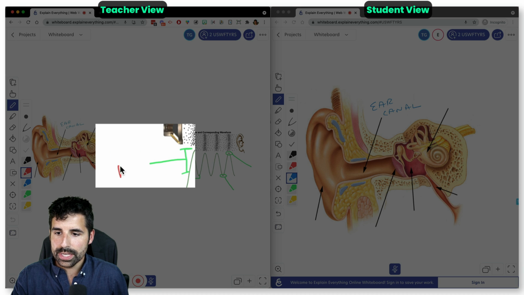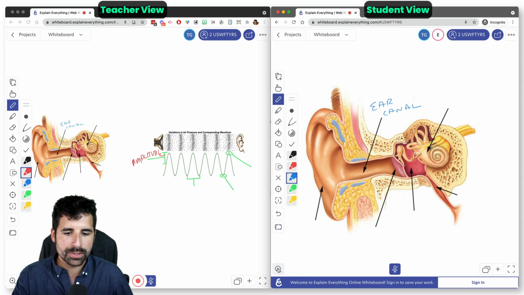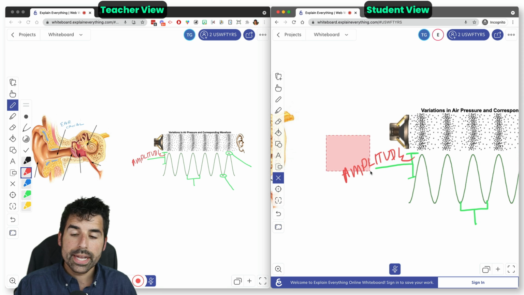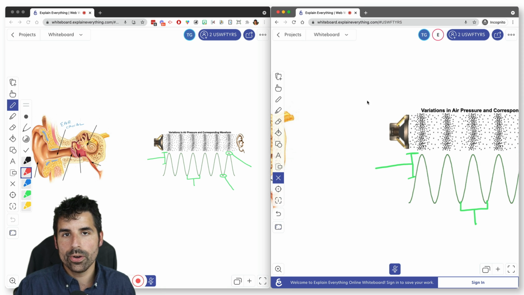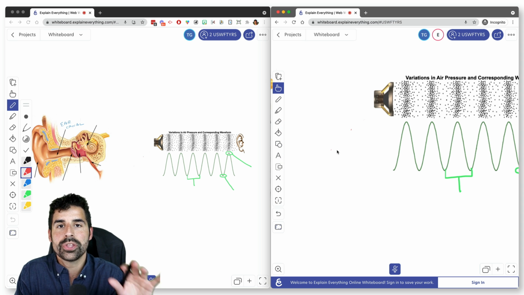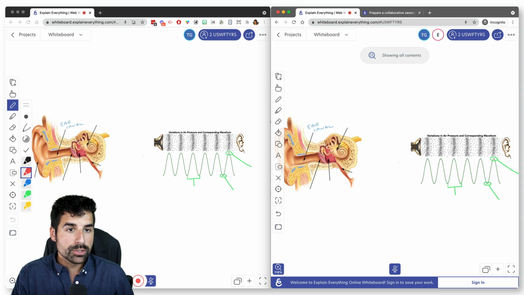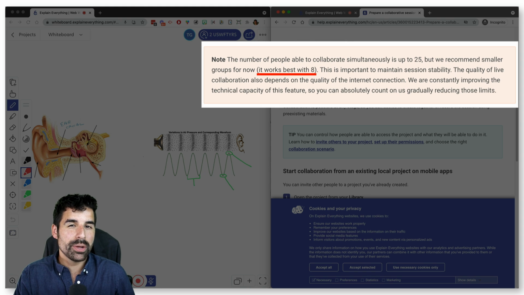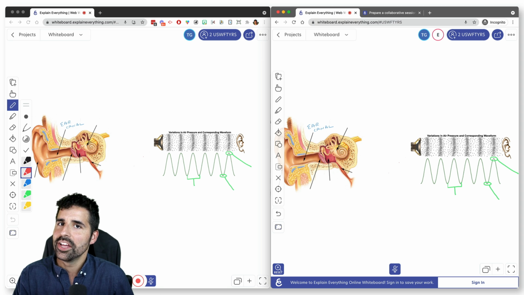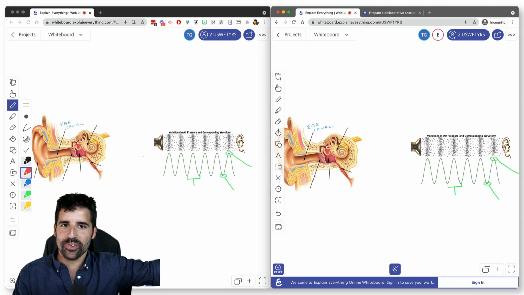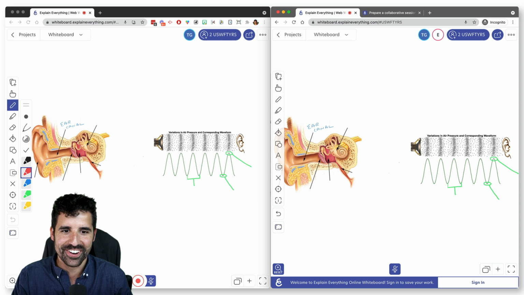But the downside is that students can delete anything that anyone, including the teacher, has written. So if I wrote the word amplitude and the student zoomed and panned on over, they could just go here and erase what I just wrote or what anybody else just put up on the whiteboard. The more people you have on this page, the more of a mess it potentially could become. And when I was looking it up, even Explain Everything says it really works best with about 8 or fewer students. You can have up to 25, but you don't want a ton of people here, particularly if they're anonymous, because then everything just goes out the window sometimes if students are showing up anonymously.